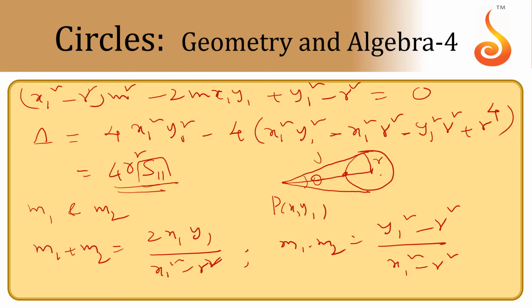This will be the radius, and the length of the tangent will be root S11, and this angle will be theta by 2. So tan theta by 2 equals r by root S11. Using that also you can find the angle between tangents. So we got m1 m2 equal to